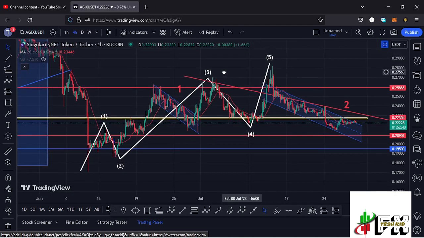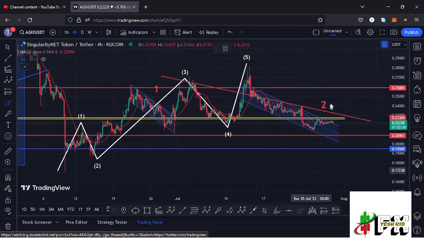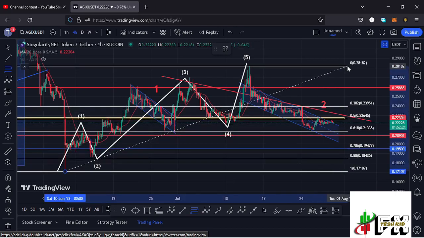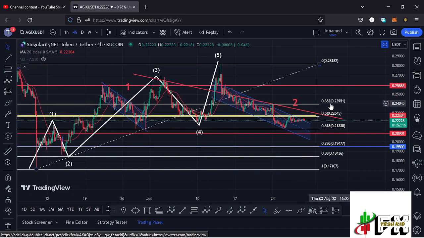And after seeing the formation of that first wave, we started a breakdown move in the formation of a larger Elliott wave count 2. And this second wave has also managed to get into the minimum retracement areas, which we can get by connecting the Fibonacci from the low that we made on the 10th of June to that high at around the $0.28182 mark, giving me a minimum retracement area for the second wave between the fib level 0.5 and the fib level 0.618. And I can mark that target area here on the charts like that, between the $0.22645 mark and the